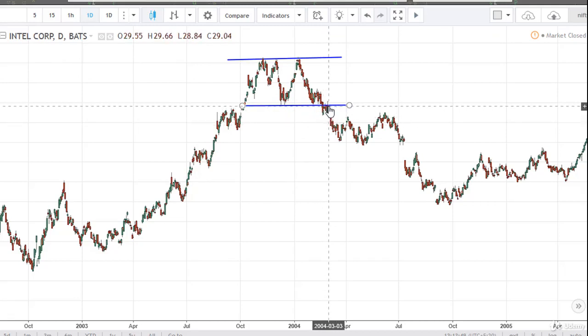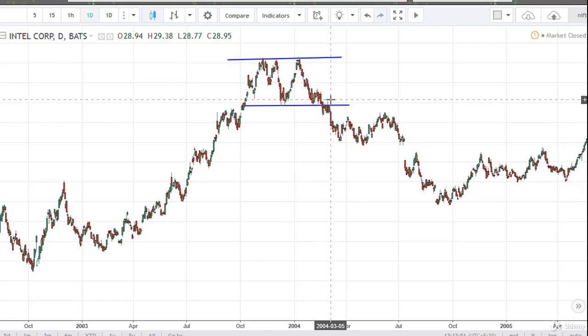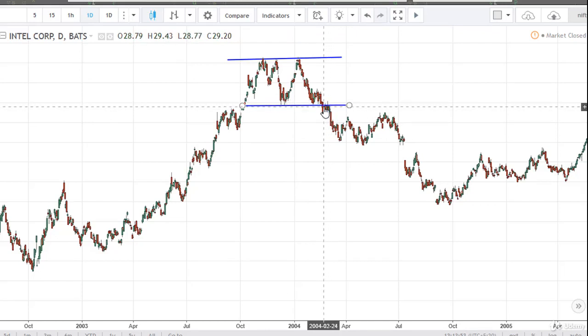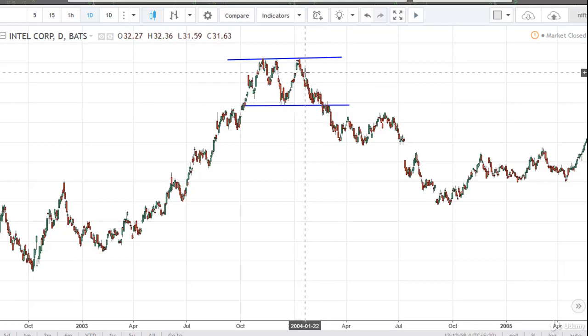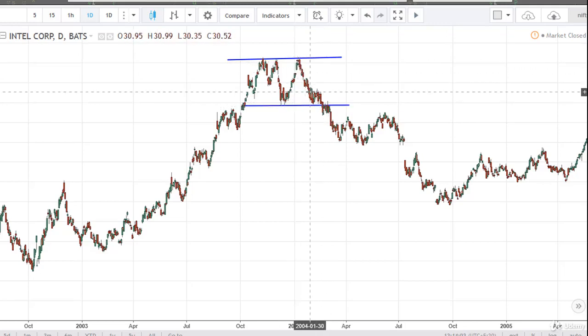Prices are touching this neckline and trying to cross it in upward direction, but they fail. So we can make our short sell position here with a stop loss at the top of this right peak.